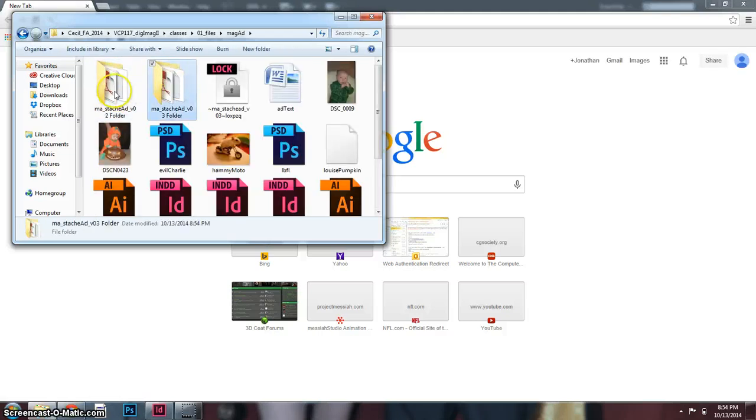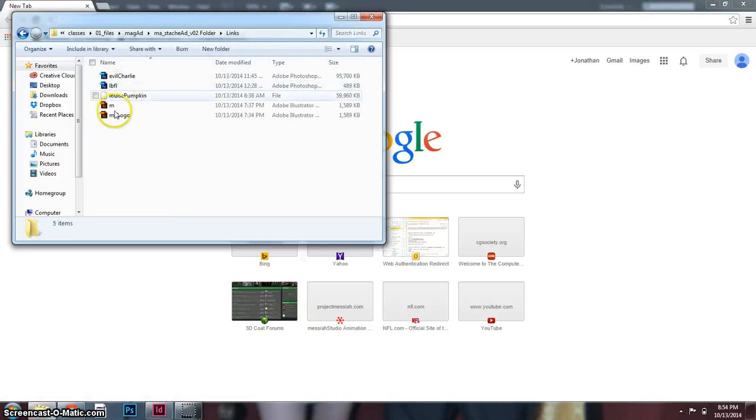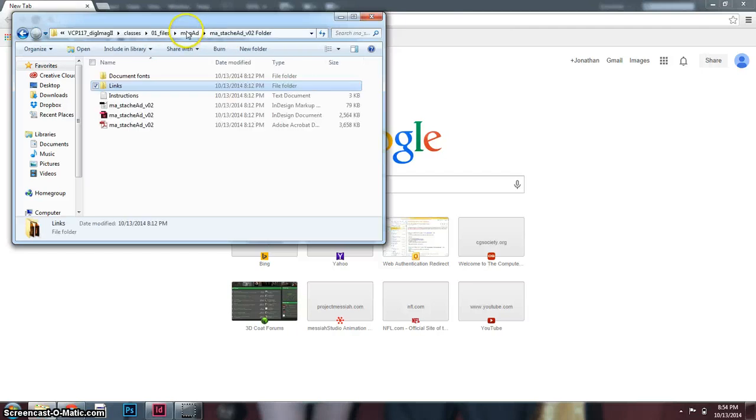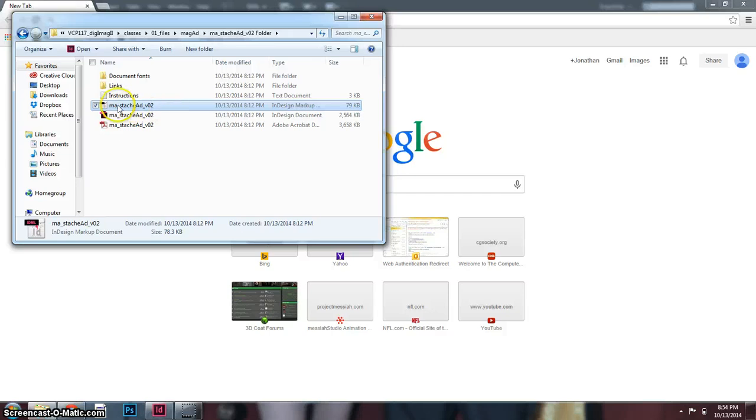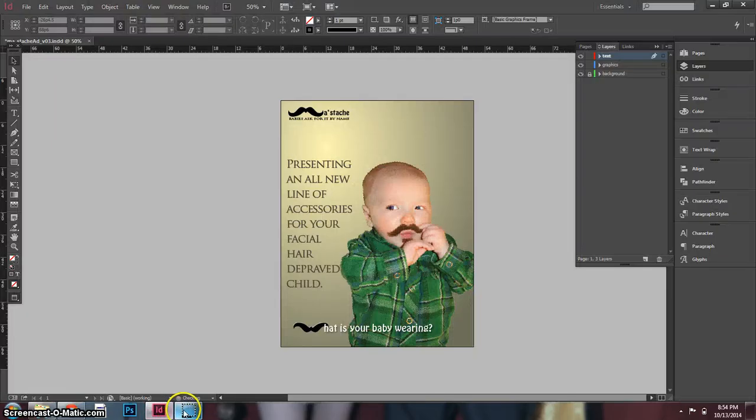What you're going to see is that it makes this nice little folder, and it has the fonts that you used. It's going to have the images. It's going to make a copy of each one of those. It's going to have the instructions, which we didn't put anything in, and then it's also going to have the InDesign files, and also a preview PDF, which is kind of nice, so someone could see what it looks like even before they go to print it. Okay, and that is